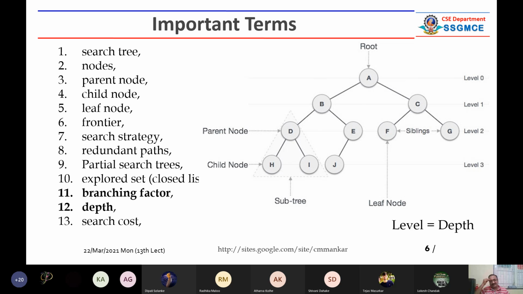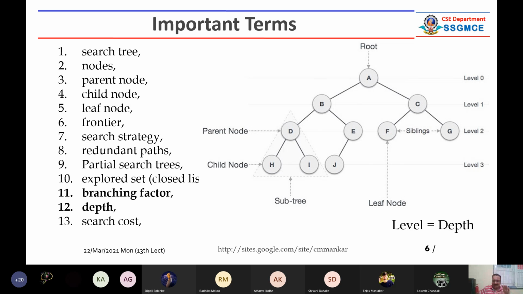Now branching factor is there. Suppose you take the example of node D. तो नोड D से 2 नोड बनते हैं. So the branching factor for D is 2. लेकिन अगर आप नोड G कंसिडर करते हैं, G is on level 2, the rightmost node. I hope you are able to see the mouse. तो नोड G का branching factor 0 है because there are no children to node G.